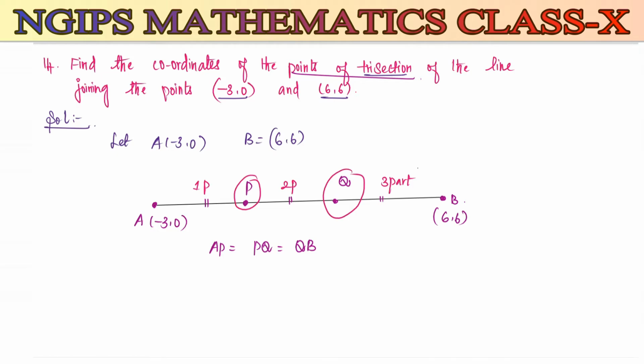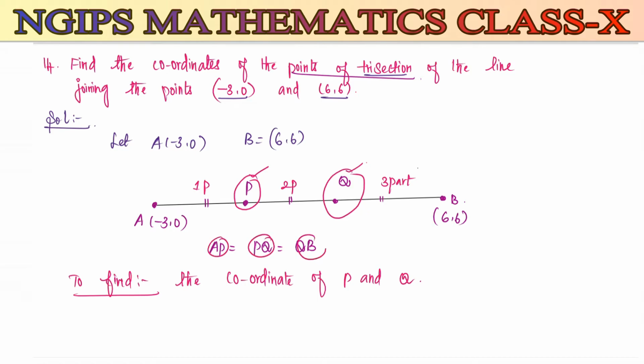Now here we need to find out the coordinates of trisection. It means the coordinates of P and the coordinates of Q we need to find. Now anyway these 3 lengths are equal, right? So I can take each length as